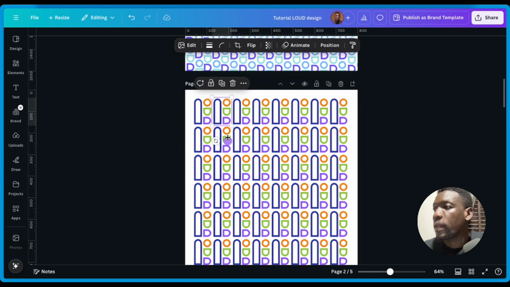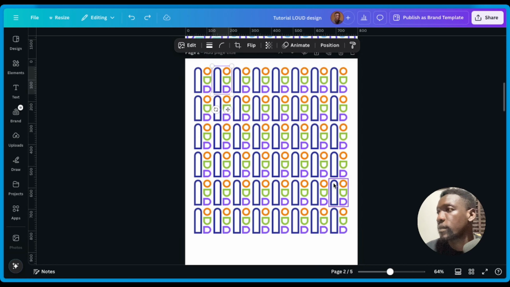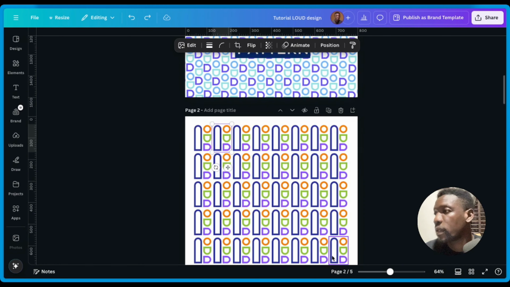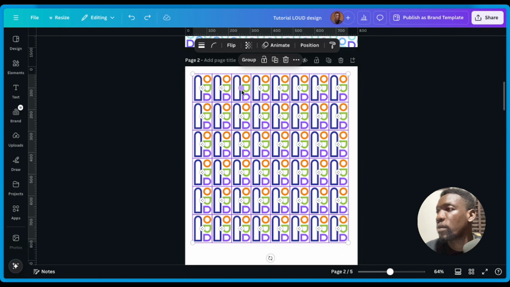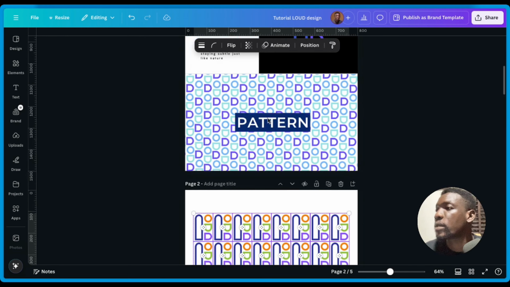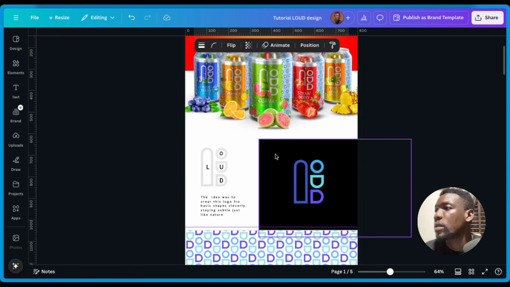I can also come here and try and rotate this. I don't think that will work. I think we should just work with it like this. So this is our pattern for the logo that we have created. We're making progress. Next thing will be